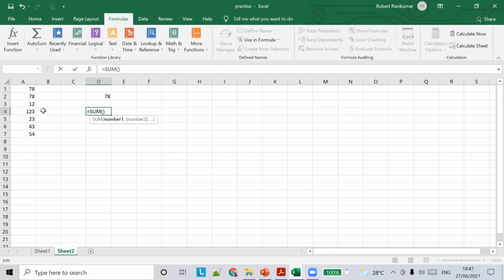Can someone tell me how to do the addition of all these cells? So what you do is you have to give the range. Okay, so the range is A1 to A7.